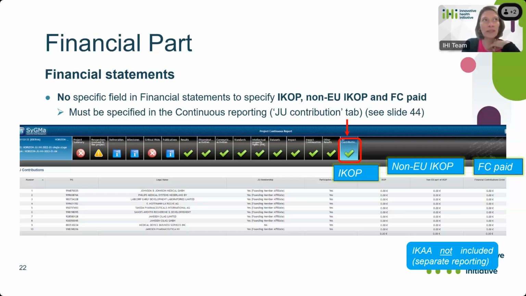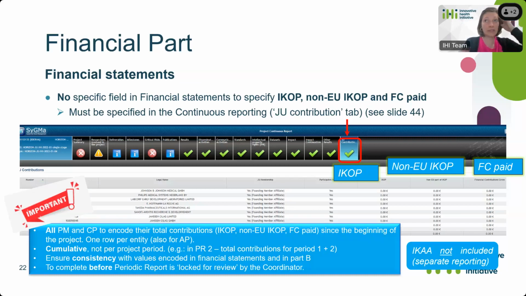IK is not included here because it's separate. It's reported in a separate tool. So it's very important here that you pay attention. So all private members and contributing partners, they need to encode the total contribution since the beginning of the project. In terms of IKOP, non-EU IKOP, and FC paid, it's 1 row per entity. So also for the associated partners, for instance,